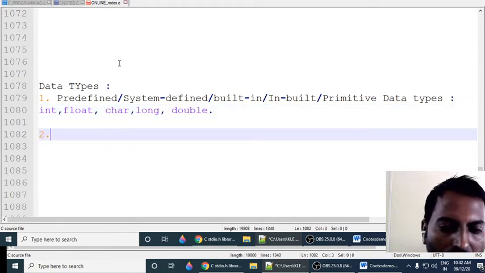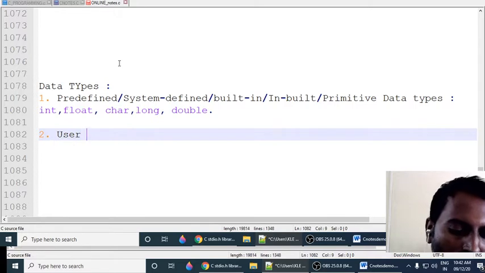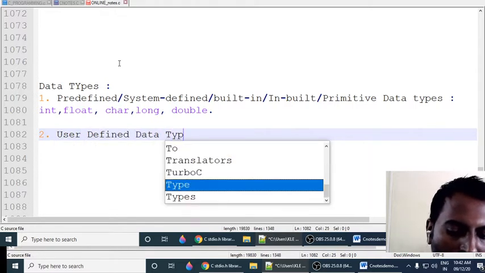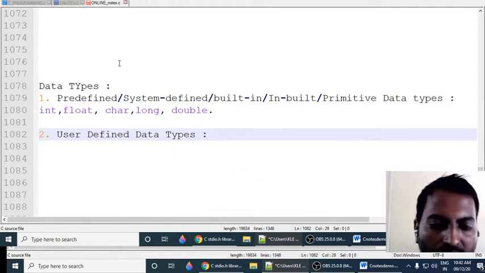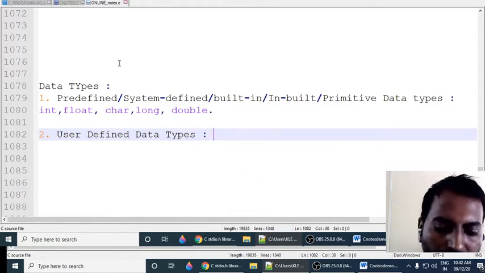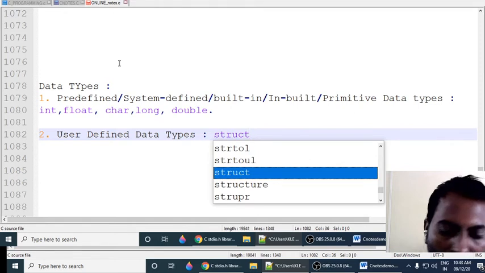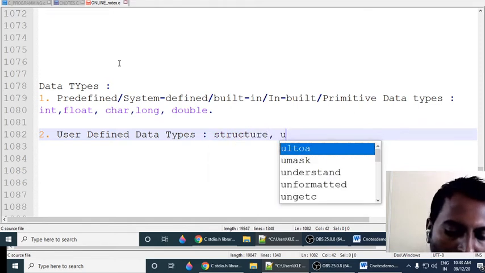Okay, and the second one, predefined and user defined. Okay, user defined data type. Some examples are structure, union.